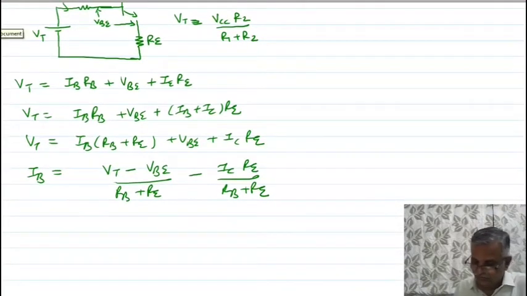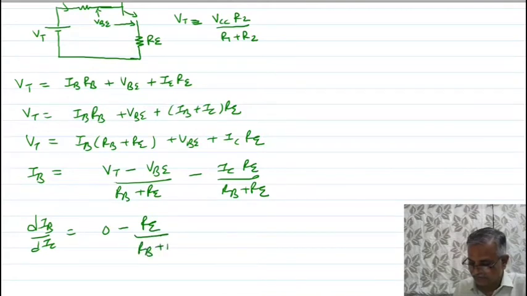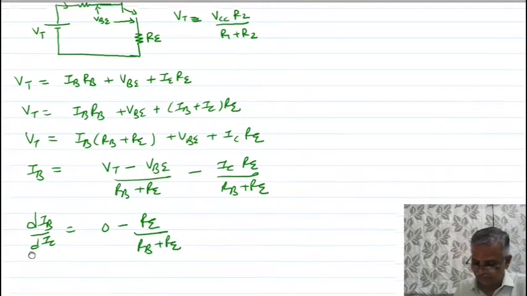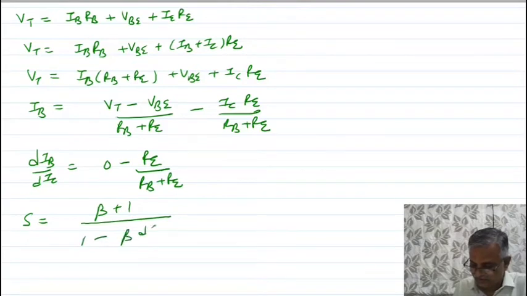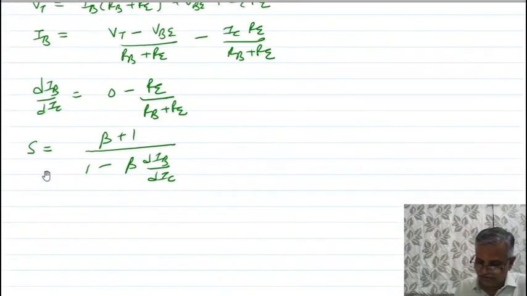Already I told you, to find the stability factor, first you have to find the base current. So I find the base current. Now I do the differentiation of base current with respect to collector current. Now put this value of the differentiation of base current with respect to collector current in the equation of stability factor. So you can write